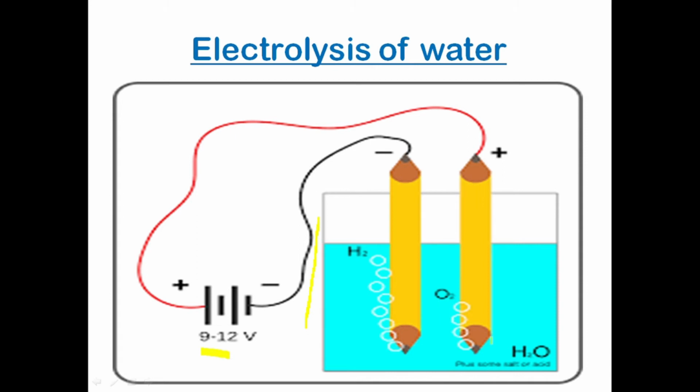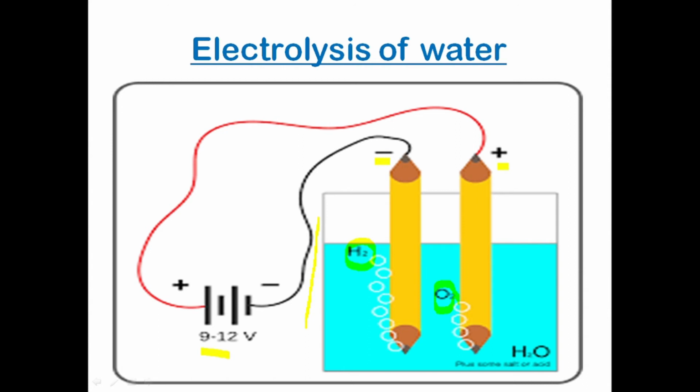So when this was done, we observe that two gases are actually liberating at each electrode. Now here you can already see which gases are liberating, but what's the reason behind their evolution? Let's study in depth. As you can see in the overall experiment, the electrodes have respective signs as negative and positive.